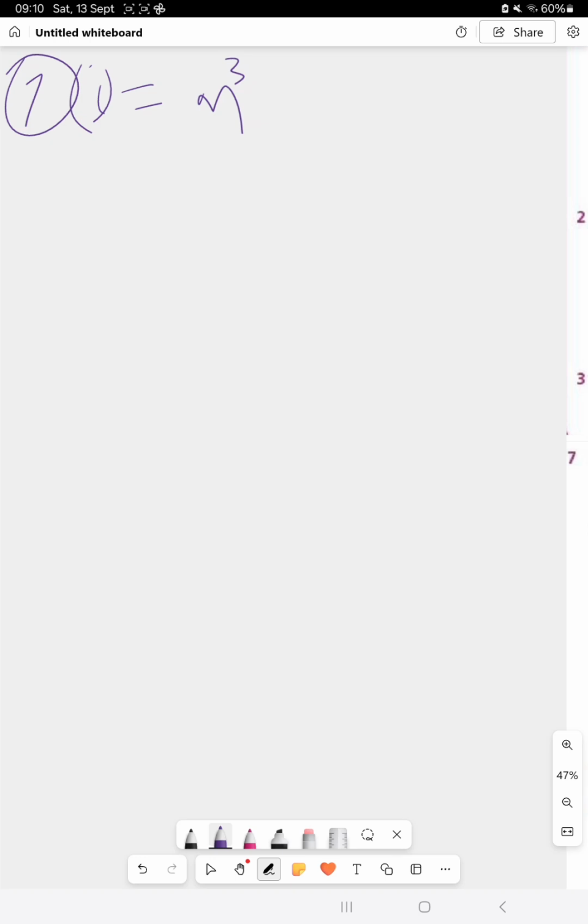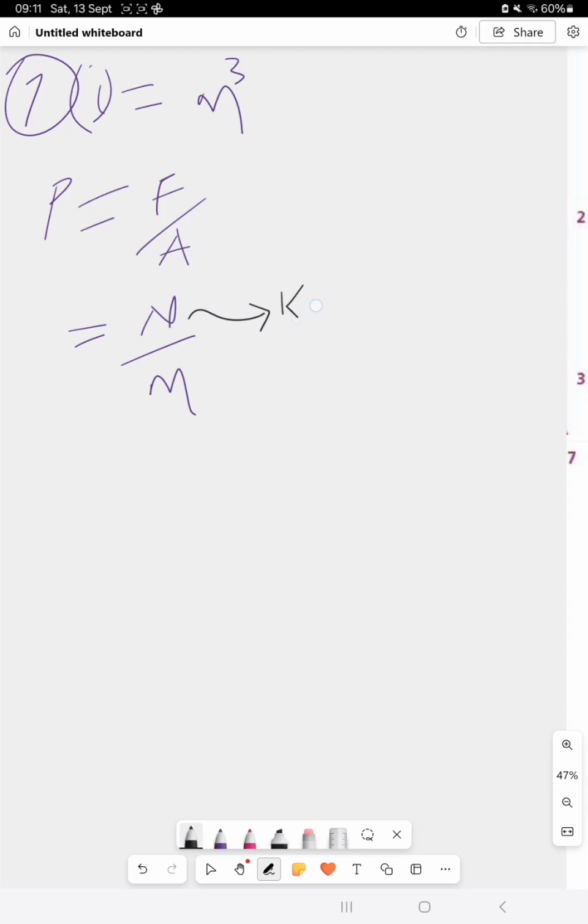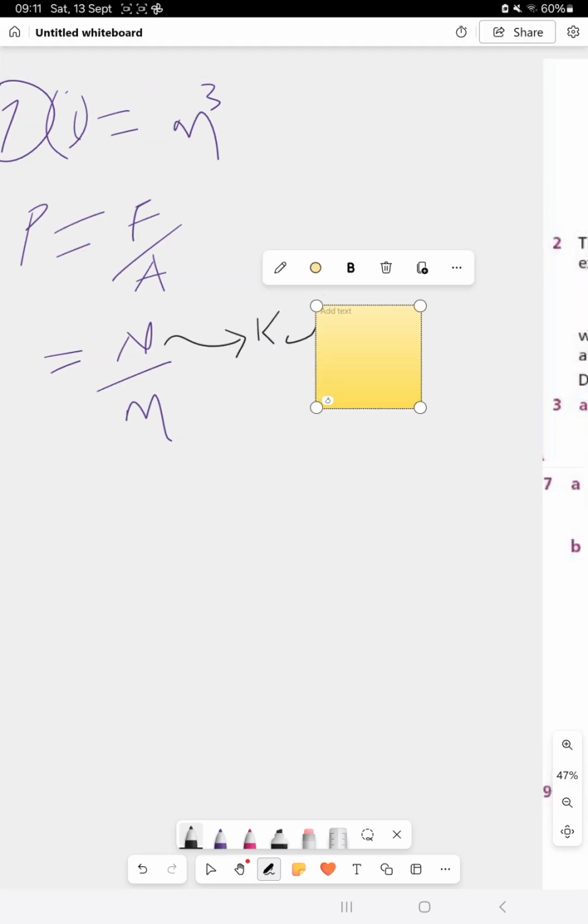And now we want to show the units of pressure. Pressure is given by force over area, and the units of force is Newton, and the units of area is meter squared. Don't forget that this is the same as kilogram,